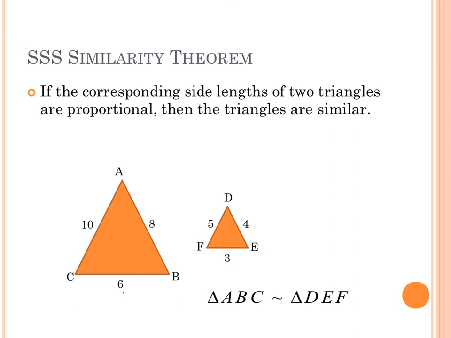So not only can we just look at two of the angles to see that two triangles are similar, we can also look at all three sides of each triangle and compare it to all three sides of the other triangle. And if their corresponding parts are proportional, then what we've